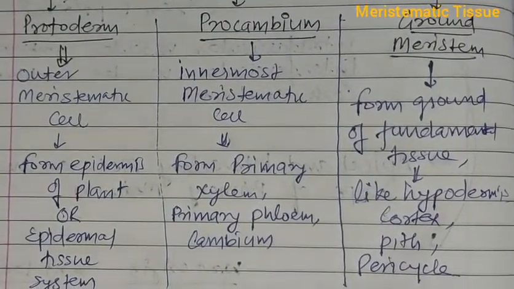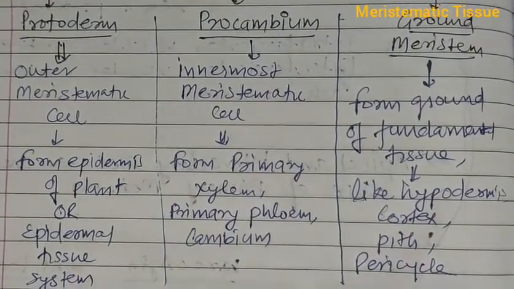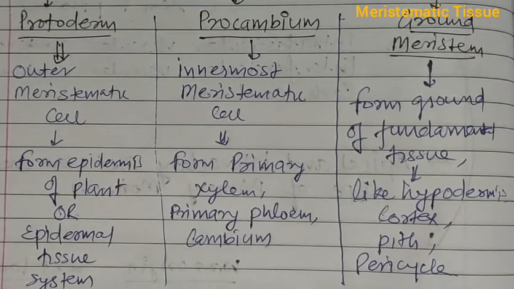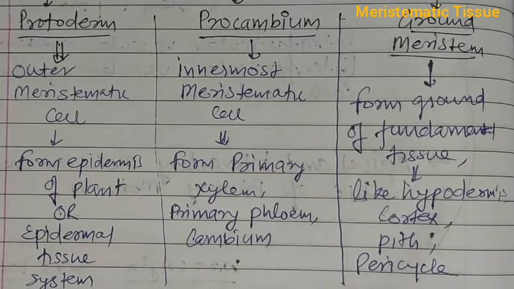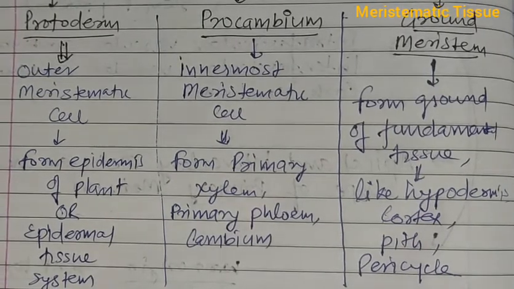So remember, these are the three types of meristem, based on function. One is giving epidermal tissue, another is giving vascular tissue, that is xylem, phloem and cambium, and another one is forming the tissues which are present in between, that is the ground meristem. So till now we have studied the types of meristematic tissue, where meristems are located, that is apical, lateral, intercalary, primary, secondary, and how they help lengthwise growth and girthwise growth. That we have all discussed.